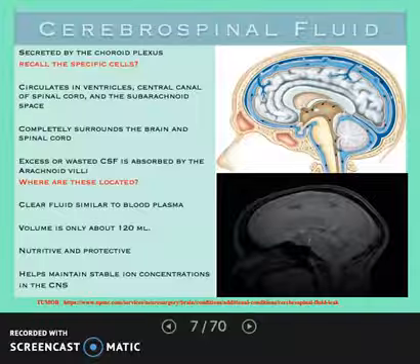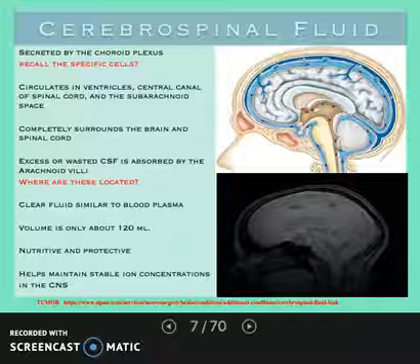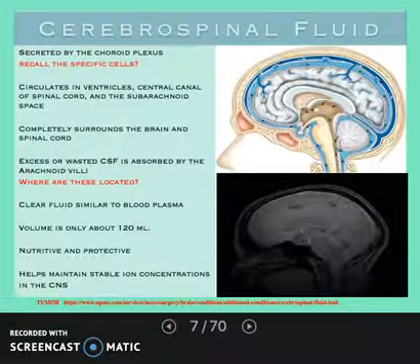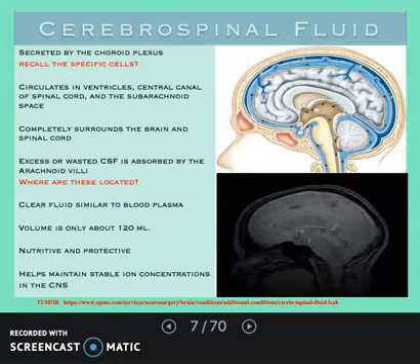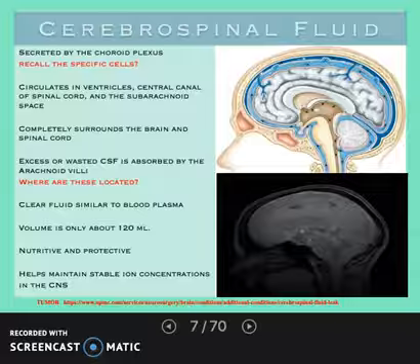So again, the ependyma secretes cerebrospinal fluid. The cerebrospinal fluid circulates around the brain, and of course it travels down into the spinal cord. It's a clear fluid similar to blood plasma. In fact, it sort of arises through the choroid plexus as an exudate of the cerebral vascular blood supply, and